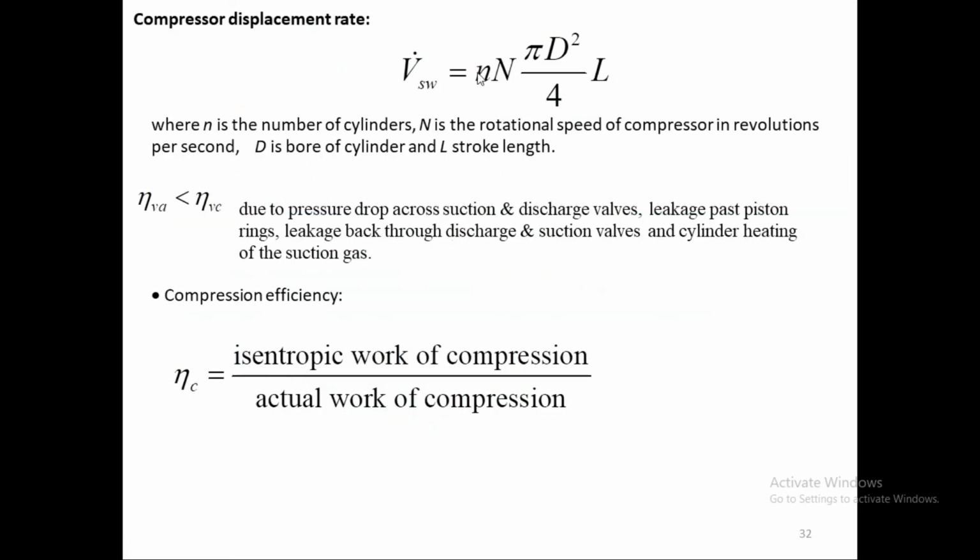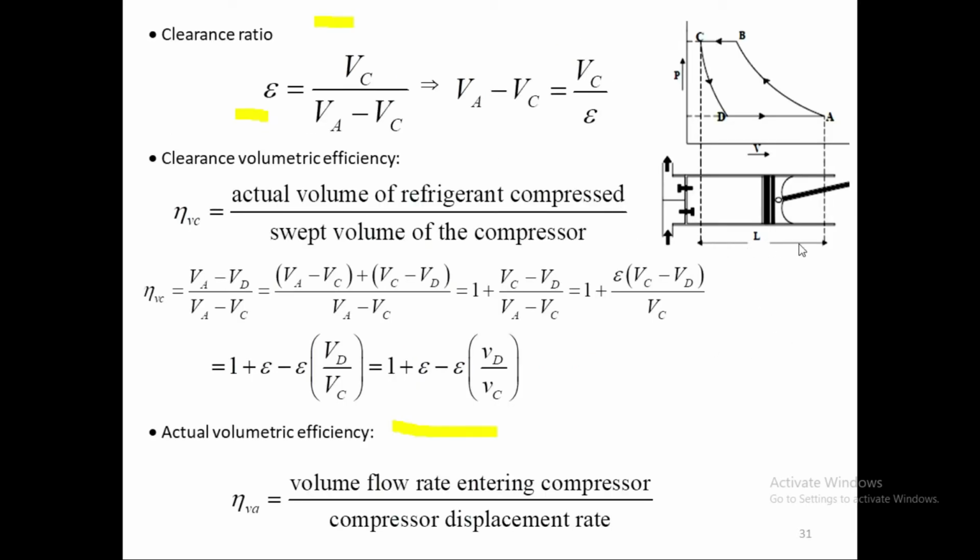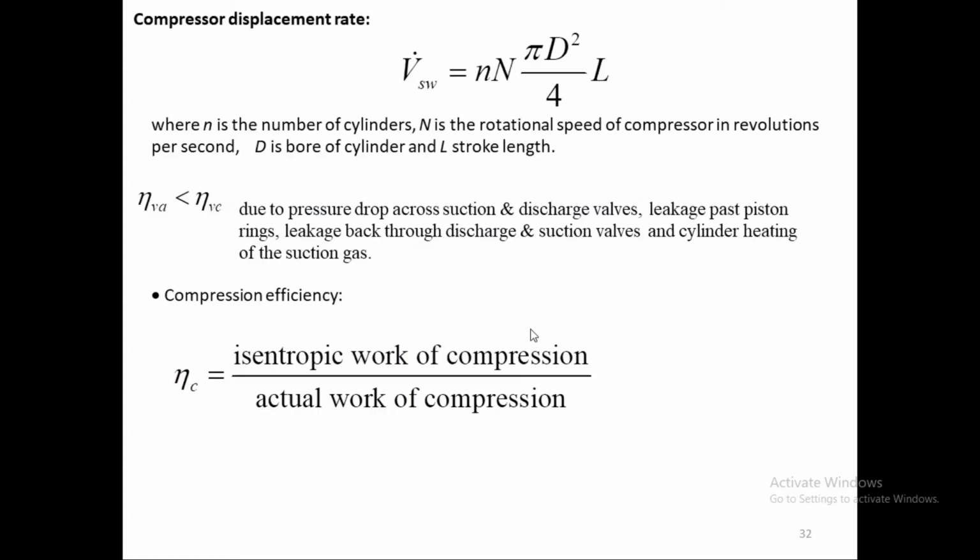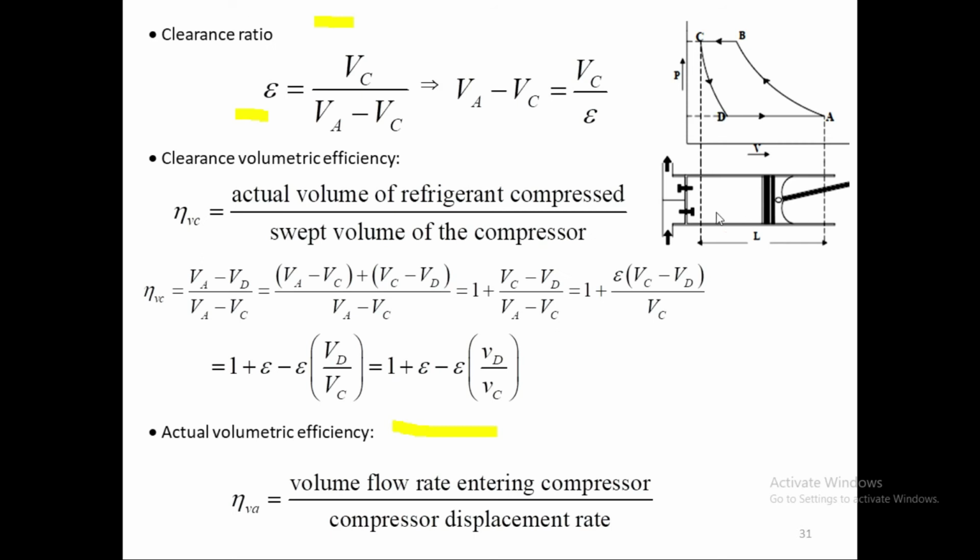So the swept volume, the compressor displacement rate in terms of volume, V dot SW. So pi by 4 D square will be the cross-sectional area of the piston. D is the bore of the cylinder, so D is the dia of the cylinder, and L is the stroke. So pi by 4 D square is that cross-sectional area multiplied by the length, so that will give you this displacement volume,